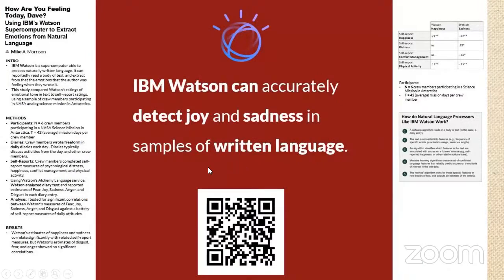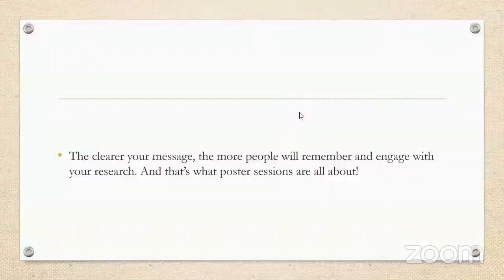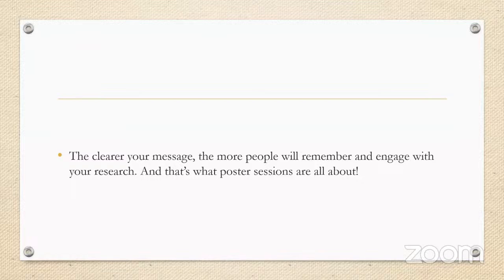An example of a poster, like we said: in the middle you write the core message, and there is a space left. You can link a QR code here to the poster and to the detailed paper. Here you have the silent presenter bar where you have the introduction, method, result, and discussion. And here in the ammo bar you have extra explanation or more tables and figures if someone is more interested to know more about your research. The clearer your message, the more people will remember and engage with your research, and that is what all poster sessions are about.